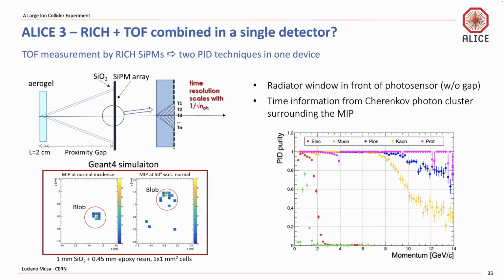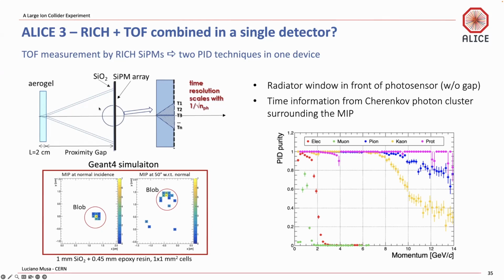And you see that then we would be able to cover with reasonable purity all the way up to close to 2 GeV. But now what we are studying is a way of extending the electron identification by